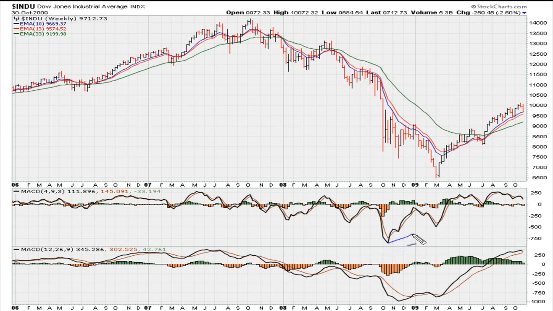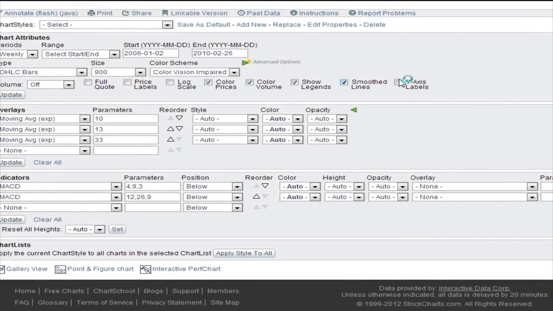It seemed like we were breaking here, and also breaking this node here, so we're making a lower low there on the MACD. But notice we have our other MACD trading above zero. So really here I would not be very concerned with the market. I would say the market here was still having a bullish tone to it as it was moving back to its 10-week moving average. So let's jump forward 3 months later,